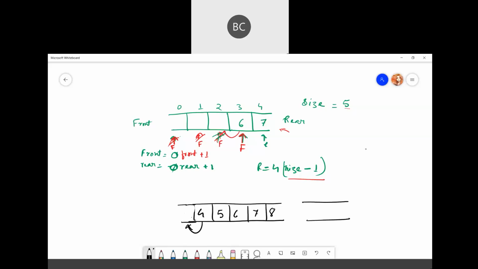It shifts the whole elements in the queue in some implementations. Then 4, 5, 6, 7, 8, and the last one will be empty. Now you want to add more items, then again an item will be deleted and it will shift. But both ways, it's a waste of time.